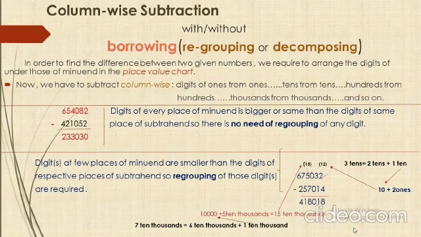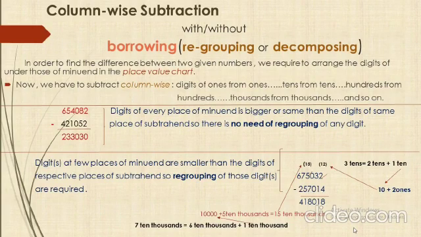So 4 is needed to be taken out from 2. That is not possible. So what you will do, this 2 will borrow 1 from its next bigger place digit, that is 3. So 3 will give 1 to 2, and since 3 is at tens place, that 1 will become 10, and 10 plus 2, 12, 12 minus 4, 8, and this 3 itself has become 2, 2 minus 1, 1,